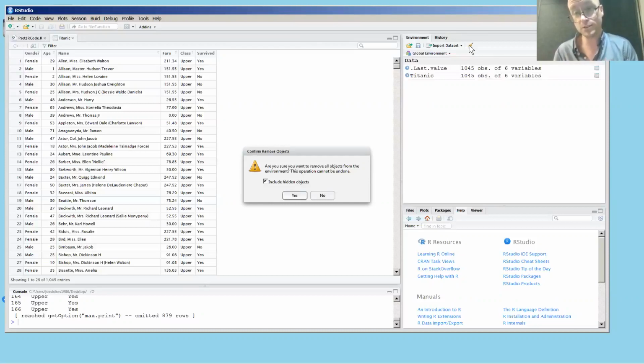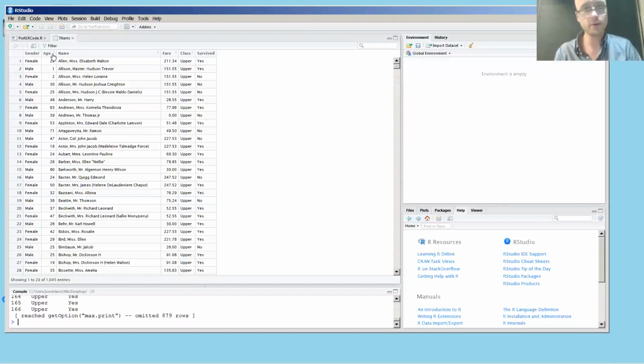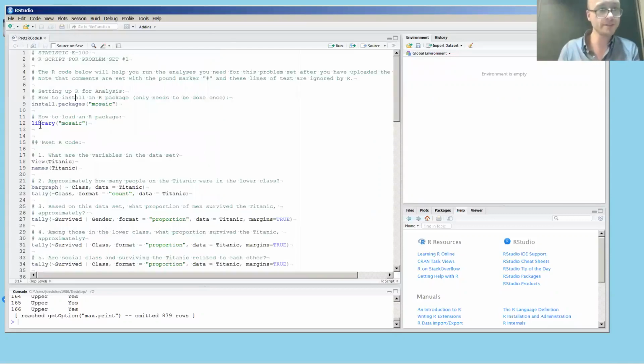That's also why a lot of programmers don't like global environments, because they can forget that they imported 20 data sets, and they're wondering, why am I analyzing this? I'm a little bit of that school of thought, but I've grown to like the global environment realm, meaning that you can define what's in it and what's out of it, and there are other ways to get around that. But let's clear our global environment, and there we have nothing. This is still open, but basically that's nothing. And then I'm going to clear the console. I just did Control L, by the way. That really doesn't mean anything because there's still a history, but I just want to show you